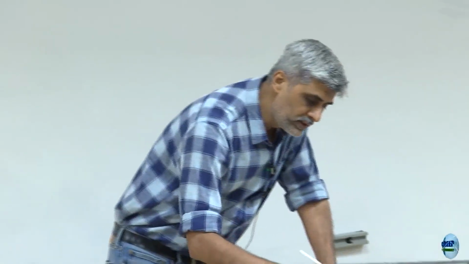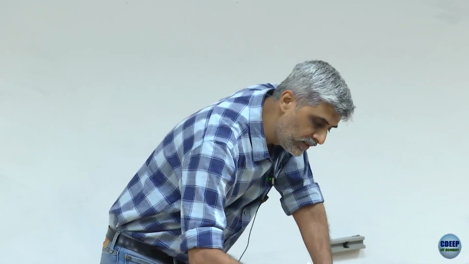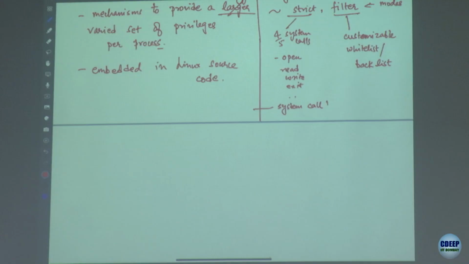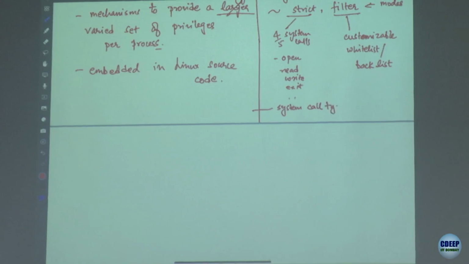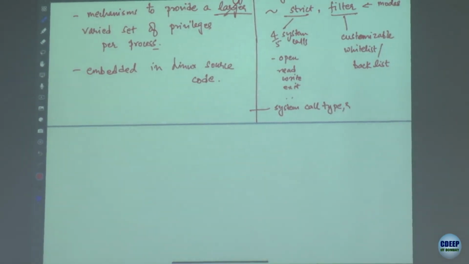So for example, if you say a user cannot create new directories, right? If that's what you want to do, you need to capture or set appropriate filters so that these actions cannot be taken, right? So in fact, the seccomp system call filter not only works on system call type, but also works on system call arguments,